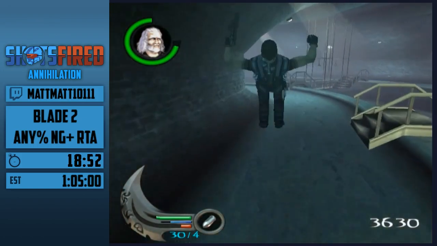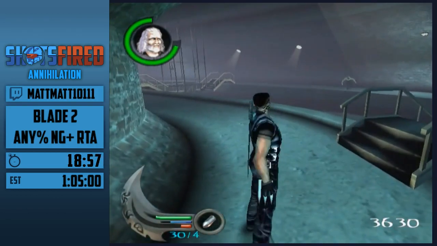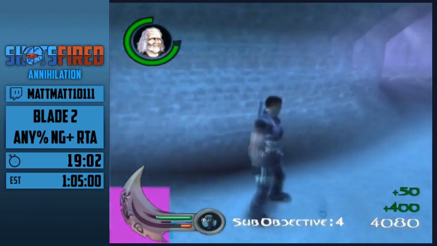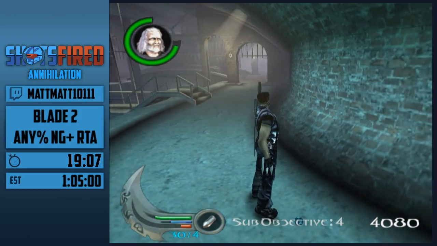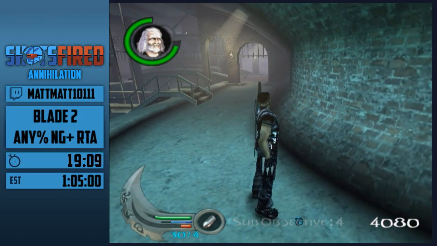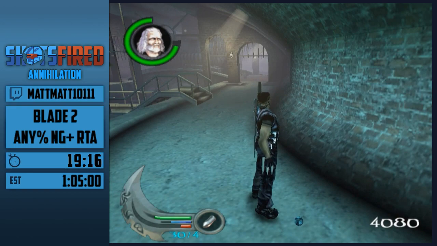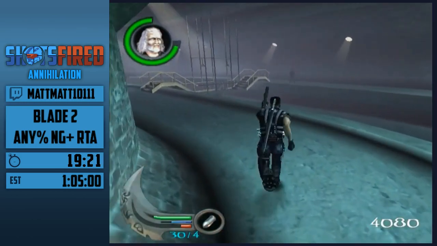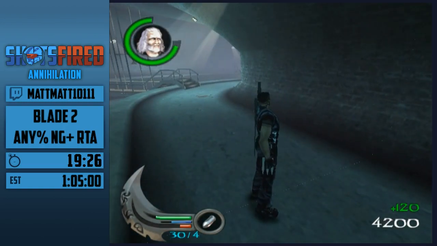So if we stand up here right on this corner, it won't spawn those enemies. I'm gonna use a UV grenade to get rid of this Reaper. Usually, if Whistler's planting the explosive, he can't get stunned. So, that's good. Explosive device. Right, now the extra enemies will spawn. I want to wait for him still though, so...